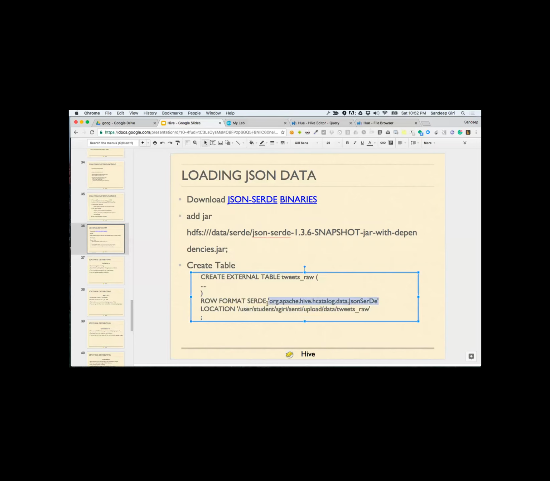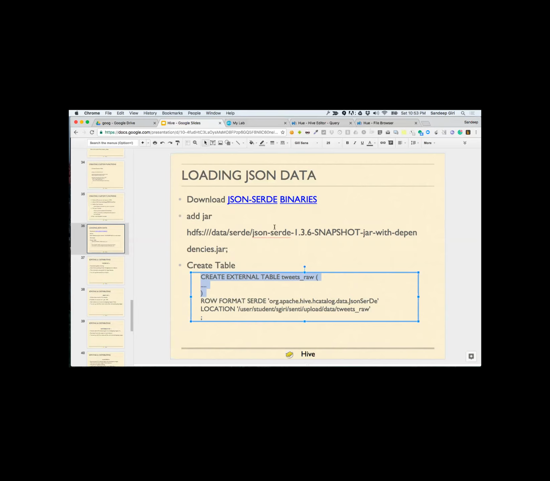This is the name of the class that is the entry point for translation of raw data located at this place into something like a row of this table. This is how you can read custom formatted data.